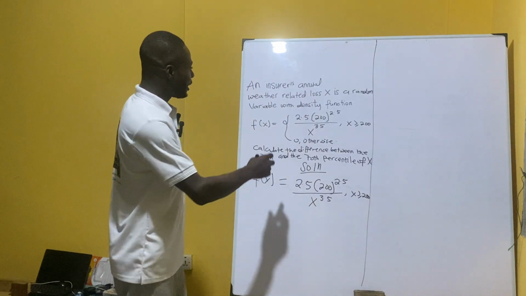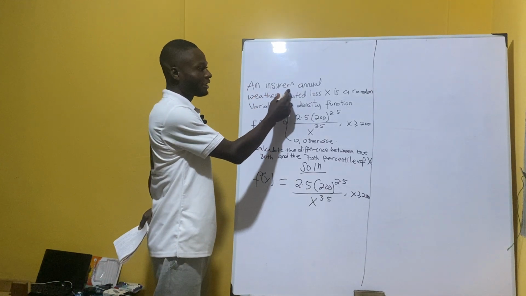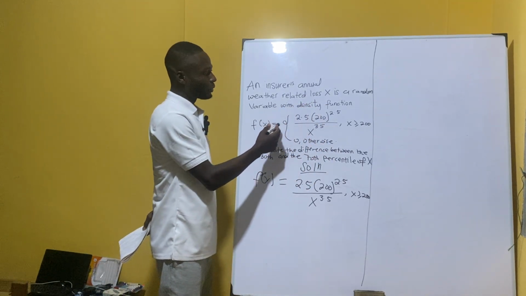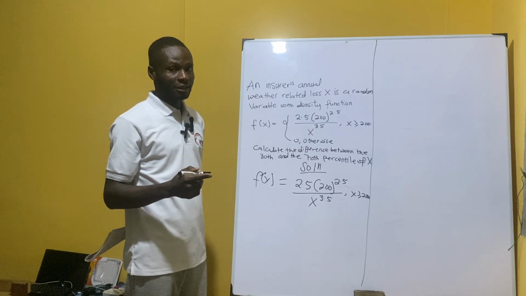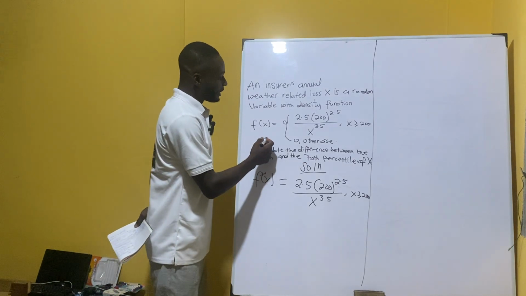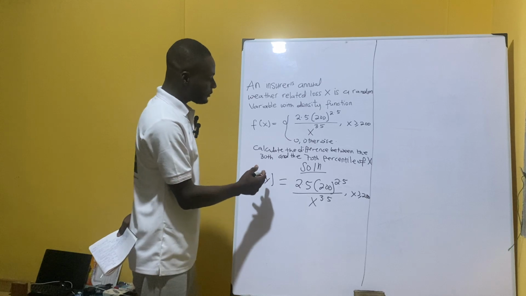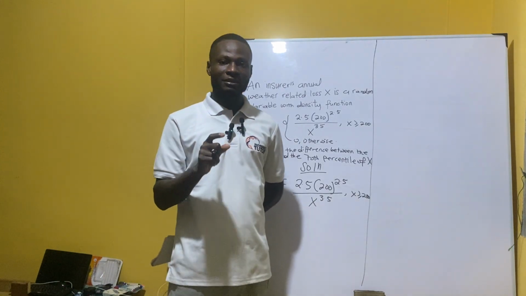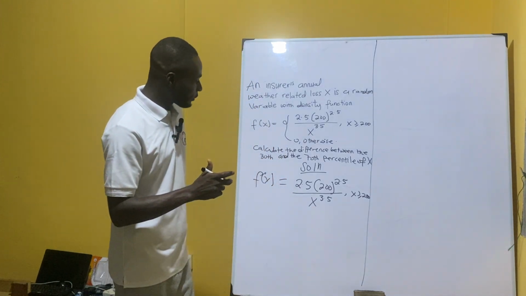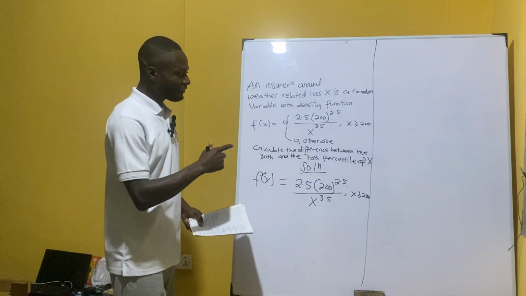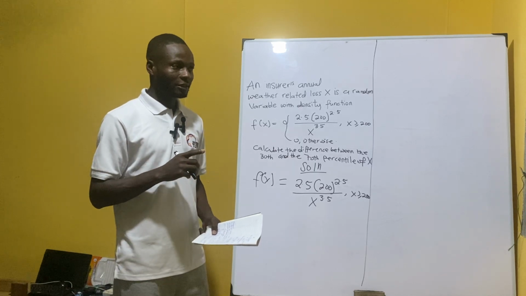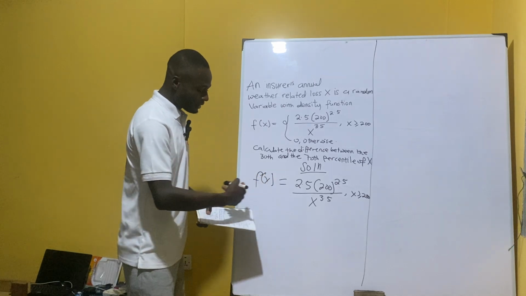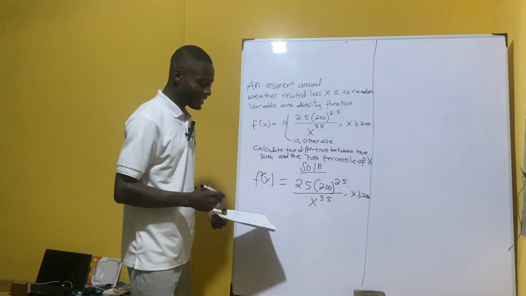Now, the problem is that an insurer's annual weather-related loss is a random variable with a density function, that is the probability density function, which has been given to us. We have to calculate the difference between the 30th and the 70th percentile. So how do we calculate this given the probability density function? We know that the probability density function of x is given by